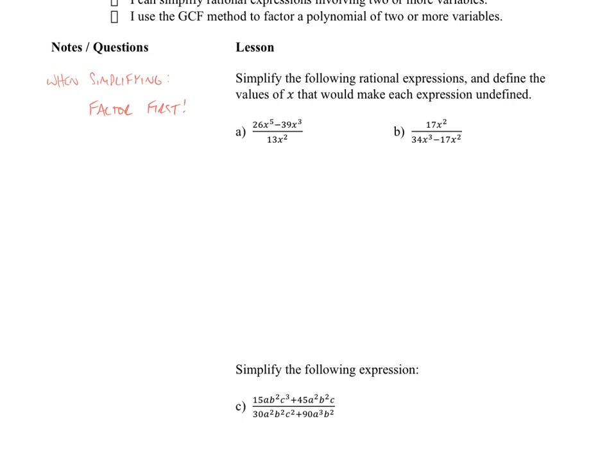So in my numerator, I think my GCF, if I use a GCF method here, would be 13x to the third. And if I factored that out of both of those terms, I'd be left with a 2x squared minus 3. My denominator cannot be factored, it's just one term, but I already have a 13x squared down there. So this is what I was hoping to realize, is that there would be something that is common in the numerator and denominator. And that's going to be the second piece to simplifying these. You're going to cancel any ones,